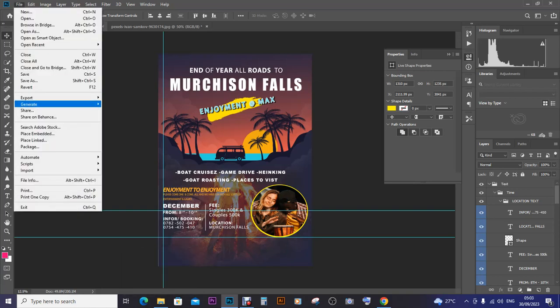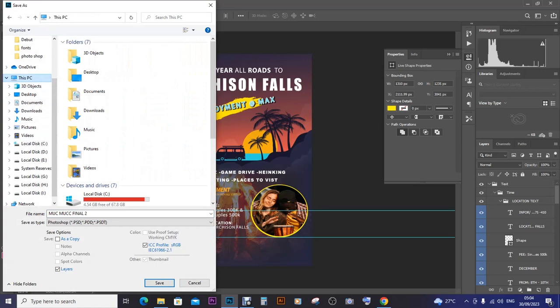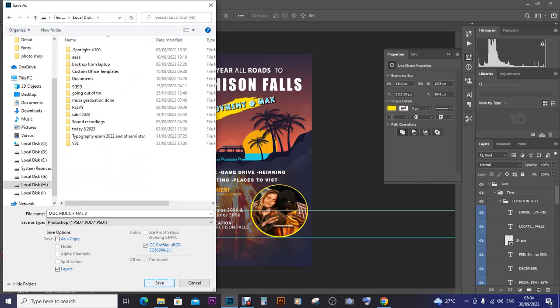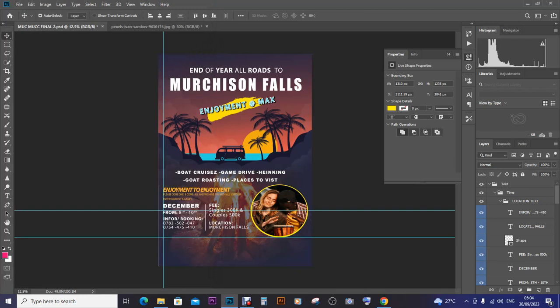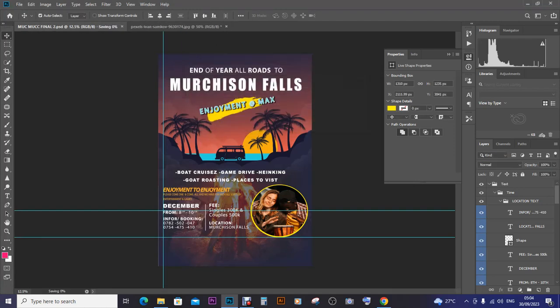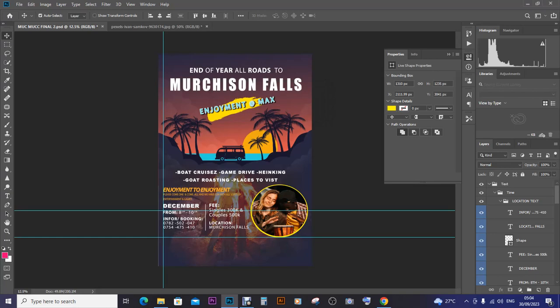So it is saying my scratch disks are full. Let me try to change to another word, to another hard drive. Maybe this one. Let me save it there. So after saving it there, I click that and say okay. So let me figure it